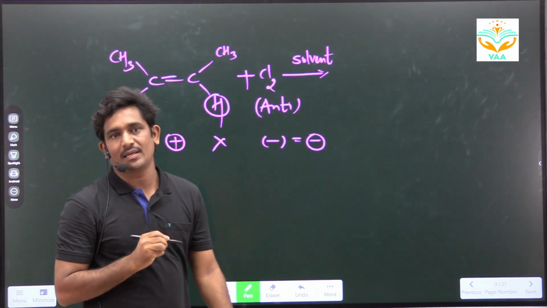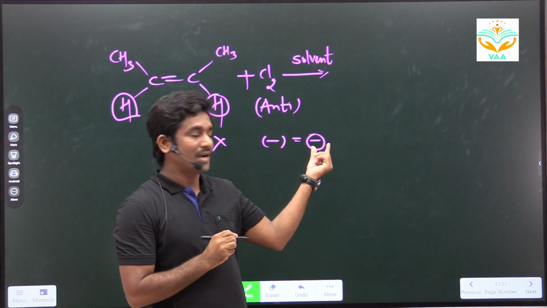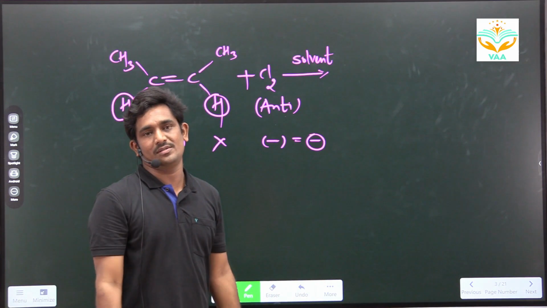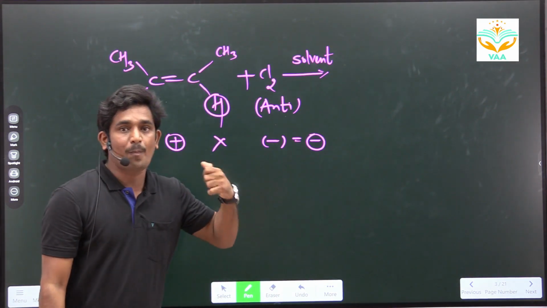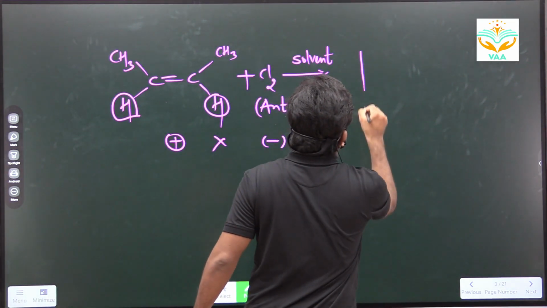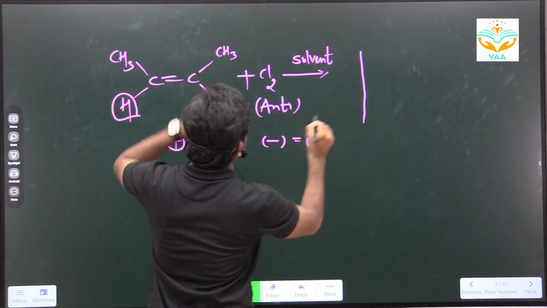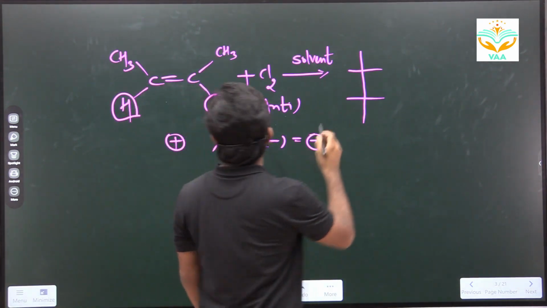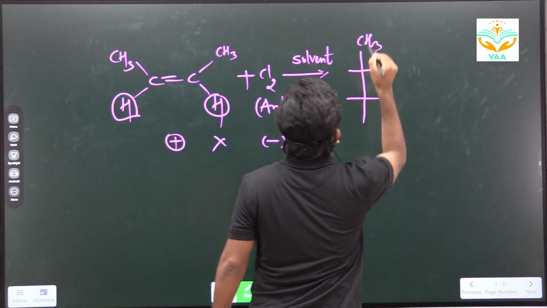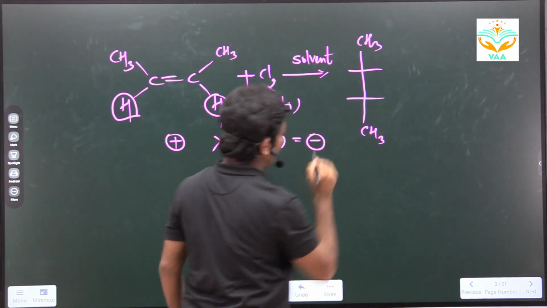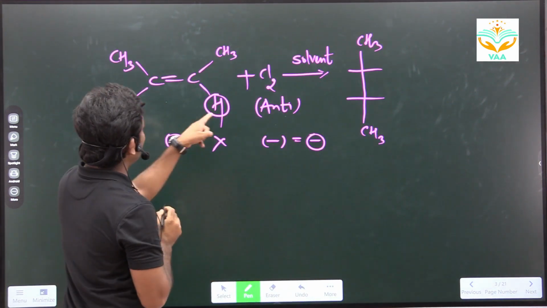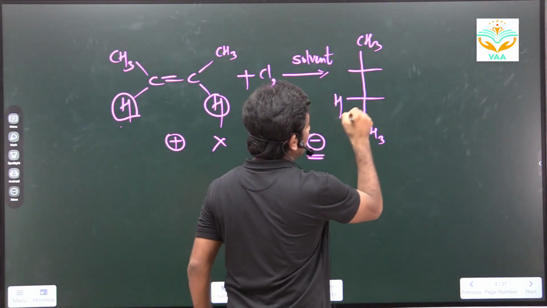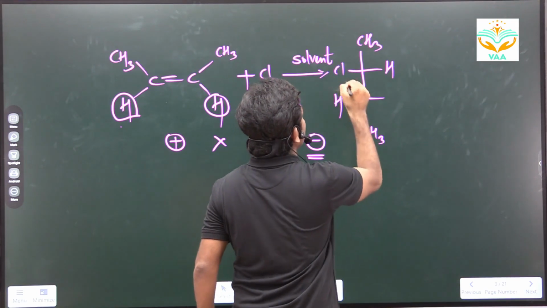इसका मतलब क्या होता है? This minus is nothing but these two hydrogen atoms will come in opposite direction, right? Look at here. Again, there are 4 carbon atoms, 1, 2, 3, 4. This is a Fischer projection, and that you will study in stereoisomerism. Don't worry about this, right? CH3, CH3. These two hydrogen atoms will come in opposite direction because of minus. इधर एक hydrogen, इधर एक hydrogen. ठीक है, इधर एक Cl, इधर एक Cl.